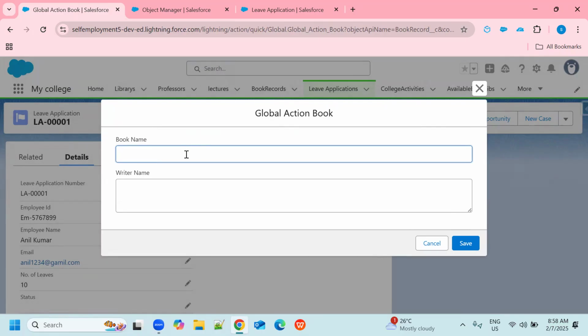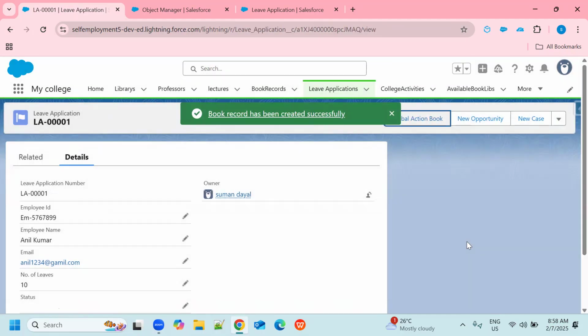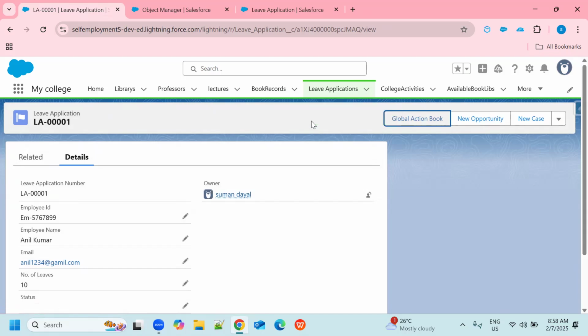Like book name, I'm giving global action, so I can identify it, writer name, I'm giving ABC, click on save, right? This is the message which I have typed there.